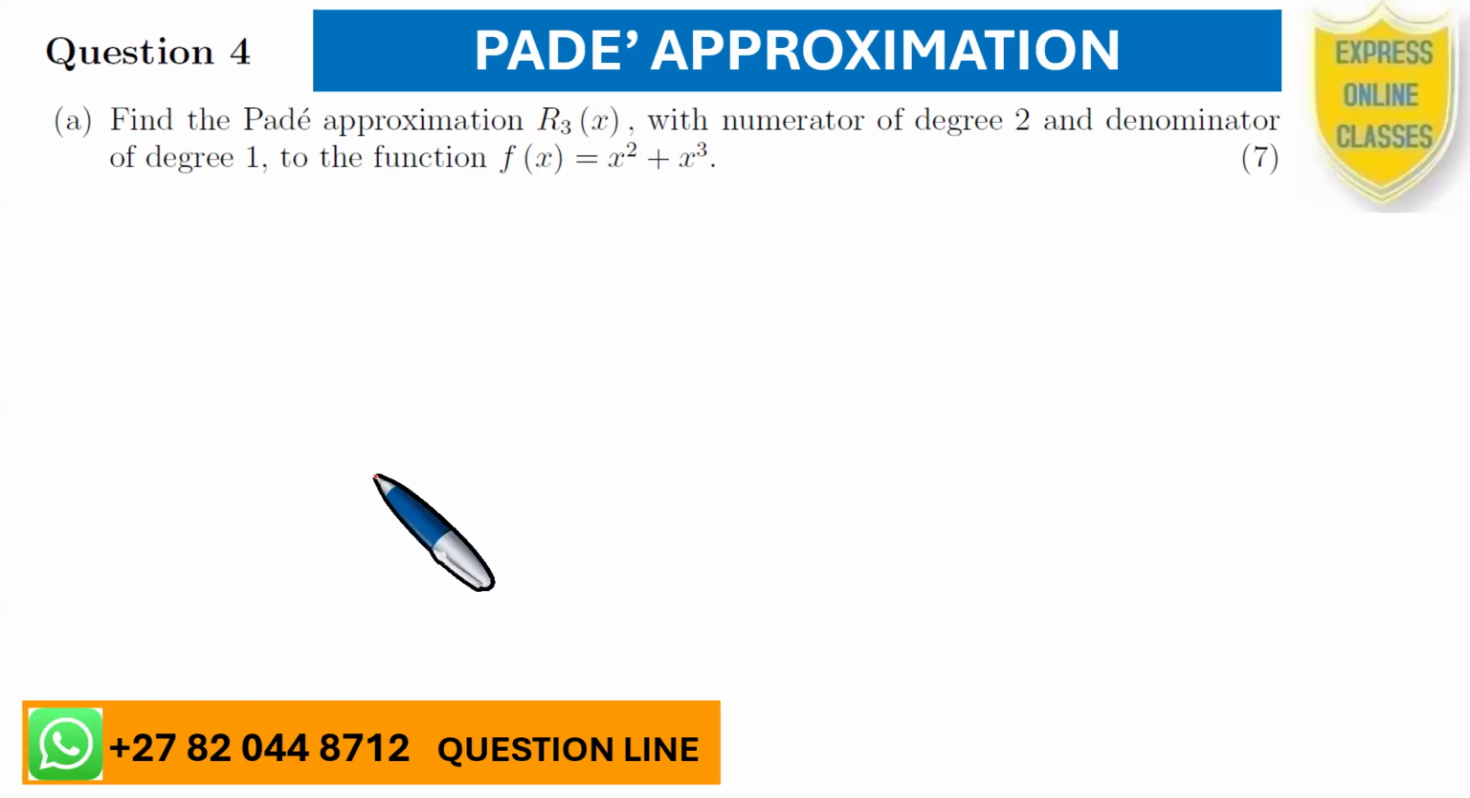So in this case, we are dealing with this kind of a question. You need to find the Pade approximation R3 of x with numerator of degree 2 and denominator of degree 1 to the function f of x equals x squared plus x cubed. So we need to note, therefore, that to find the Pade approximation R3 of x, we note that the